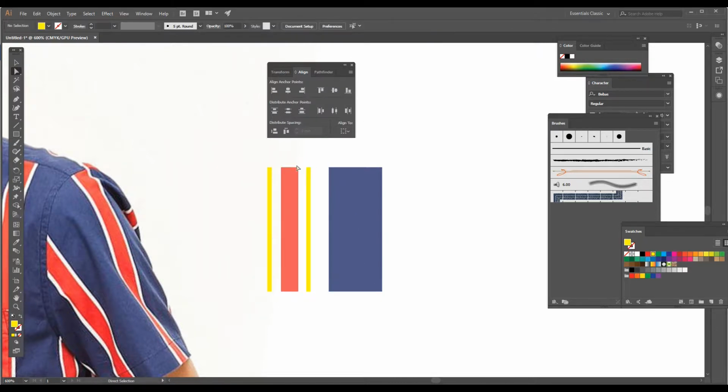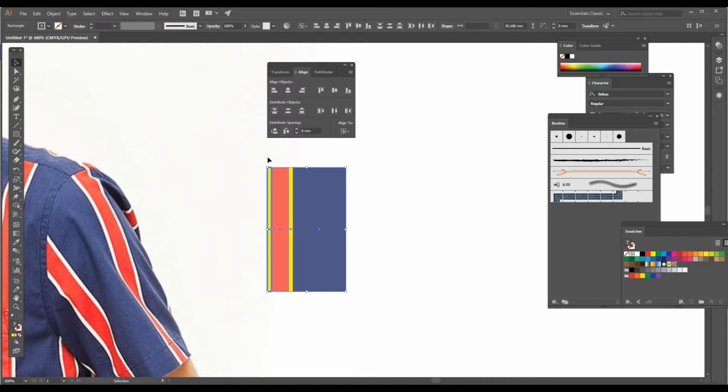Now the next stage is to remove all the negative space between these. For that you have to select the Direct Selection tool. Drag and select everything like this, and then you need to click on the first rectangle. When you click on the first rectangle, you will see a blue shaded stroke around this first rectangle, and then you have to click on this Horizontal Distribute Space. When you click on it, it will have zero negative space, and it will not even overlap. So this way we can make our pattern